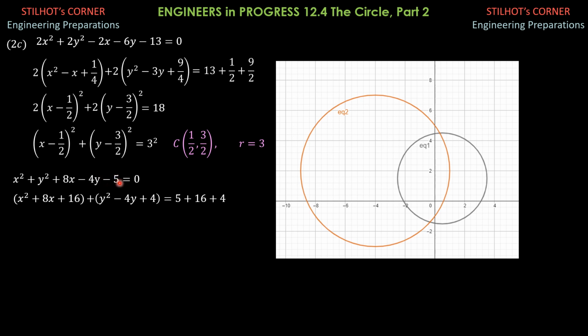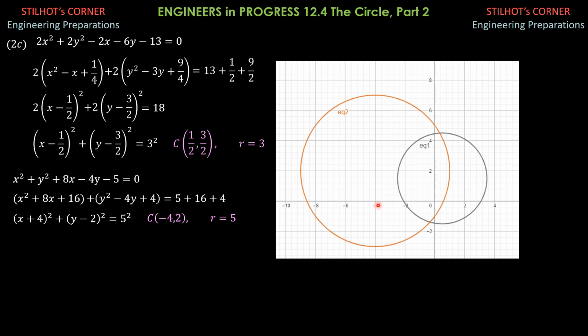Then transpose negative 5 to the right. So the new terms on the left are 16 and 4, so plus 16 plus 4. The right side is 25, and 25 is 5 squared. This is quantity x plus 4 squared plus quantity y minus 2 squared equals 5 squared. So it is now obvious that in this standard equation of a circle, the center is at negative 4, comma, positive 2, and the radius is 5.